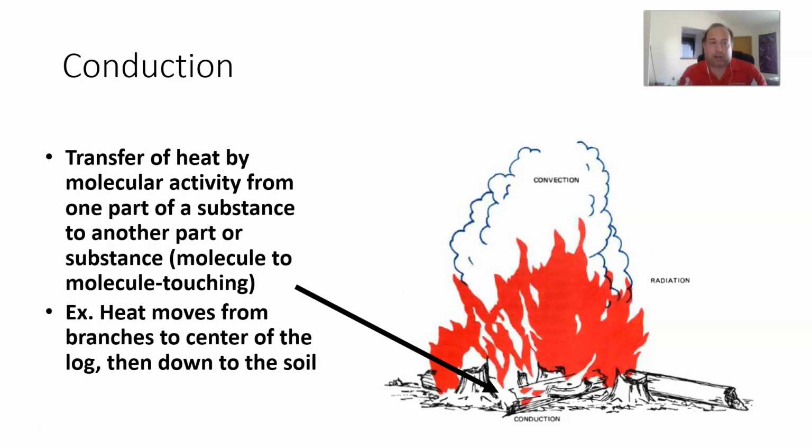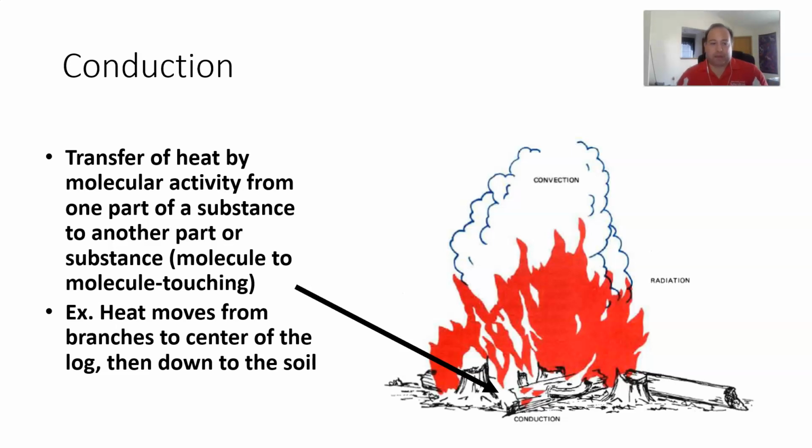So when you throw a log on the fire, eventually that log will become too hot for you to touch, because that log is getting the heat. It's directly touching the heat, and that's why it'll get hot. The easiest example for a lot of people to think about is if you cook with a metal pan or a cast iron pan. Eventually you won't be able to touch that pan because the pan will get hot. And so that's what we're talking about when we're talking about heat transfer